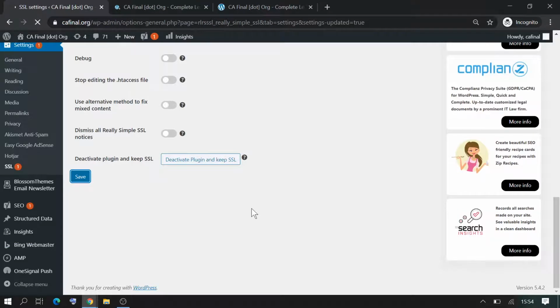The plugin also has an option that lets you deactivate the plugin and keep the SSL. It will keep the SSL rules as they are, and you can just deactivate the plugin. However, I would not recommend that, because just having one more plugin added does not make much of a difference. So you can